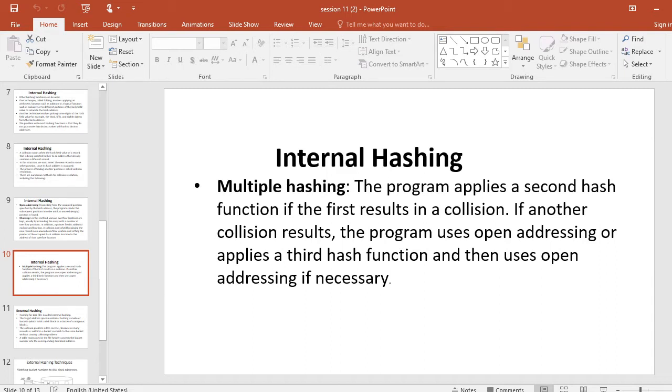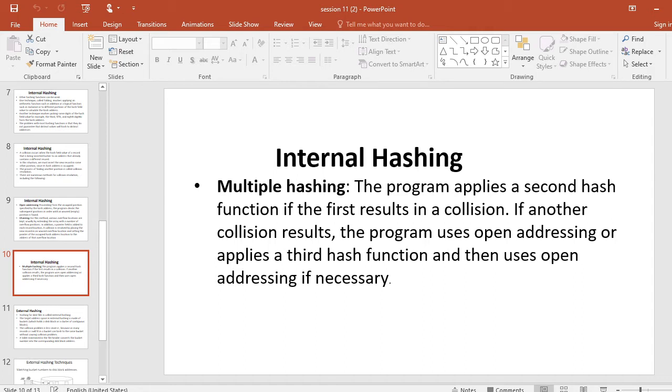In internal hashing, another technique is multiple hashing. As the name indicates, the program applies a second hash function if the first result is a collision. If another collision results, the program uses open addressing or applies a third hash function and then uses open addressing if necessary.